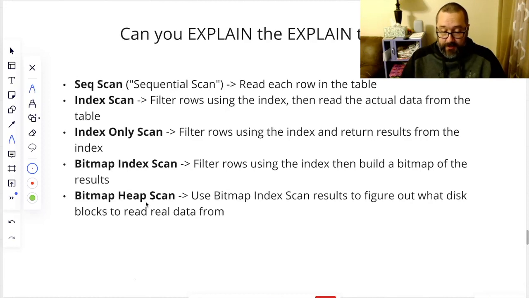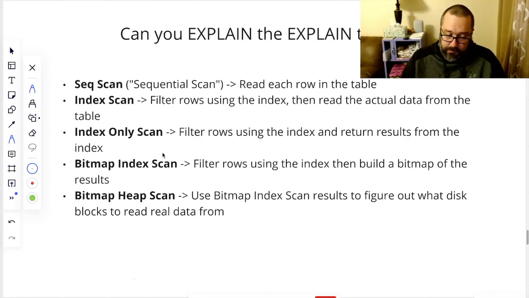The goal here is that you are able to read large chunks of the disk at a time. If you're returning, say, half of the rows in a 1,000,000 row table, and it's well indexed, odds are every disk page is going to have several rows that you want. If you are doing an index scan, you find a row, go load the page from disk, find the next row, go load the page from disk. Odds are it's not going to be on the same page. And keep doing that. You're going to get different pages each time,